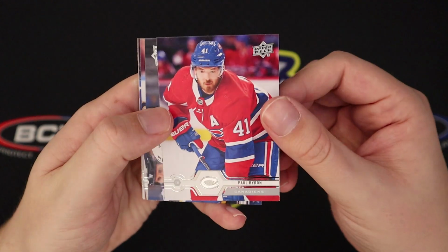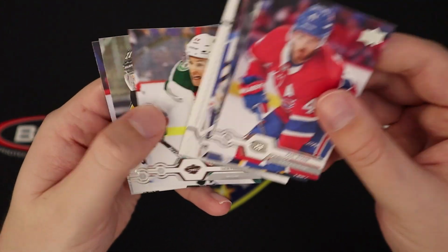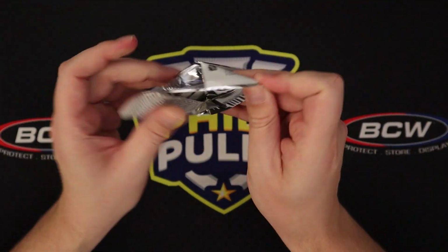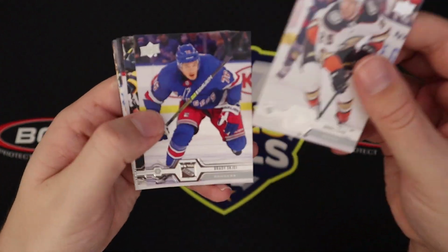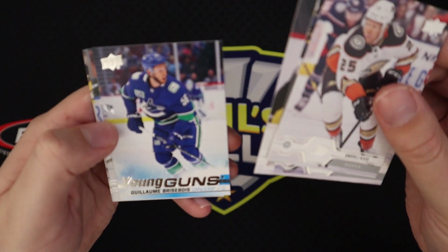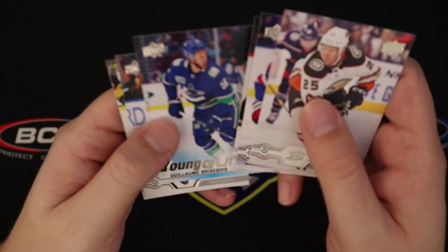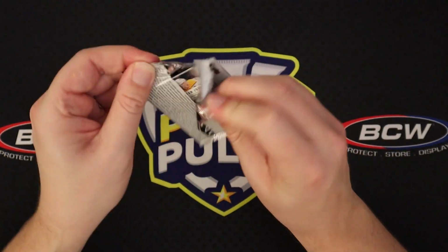We have those on our site, so they're expanding rapidly, and I would imagine by maybe, I don't know, midway through this year, they'll have pretty much anything you could ever imagine. So we actually had another Young Guns, Brisbois, probably butchering that, but apologies. I don't know the rookies from every single team,